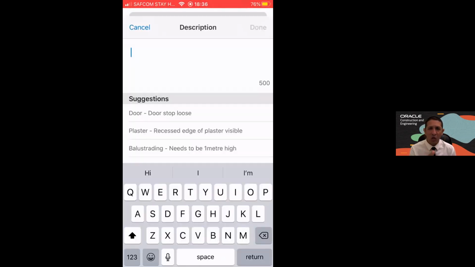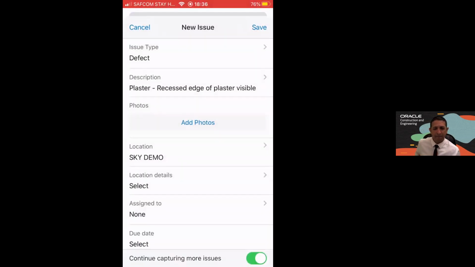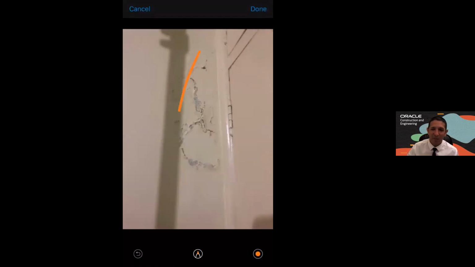So this is just on your app. This is just on your phone. You're typing it, right? Yes. So I'm just going to take a photo here. I don't like this. Definitely, you will need painting there, Patrick. Yeah. So this is my wall here. I'm going to use this as the example. I'm going to say this is part of the snagging when you took over the house. Yep. So this is the issue that we've seen,